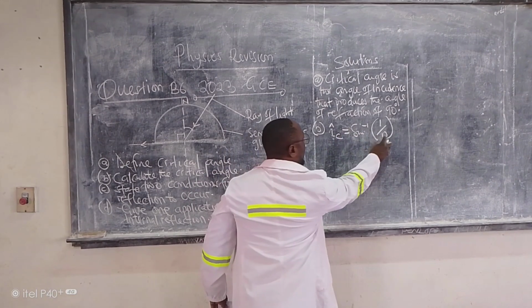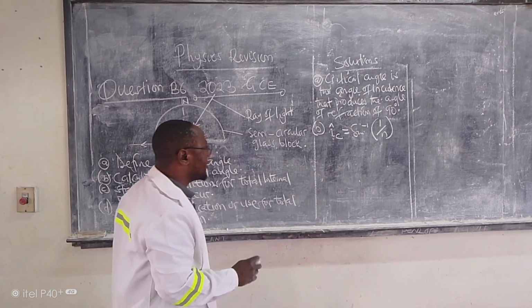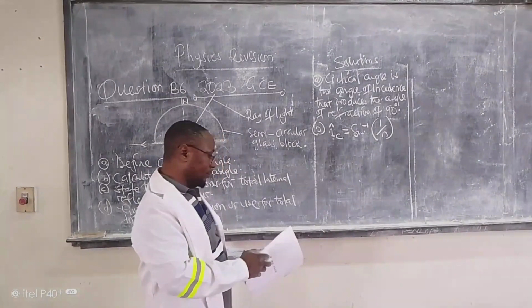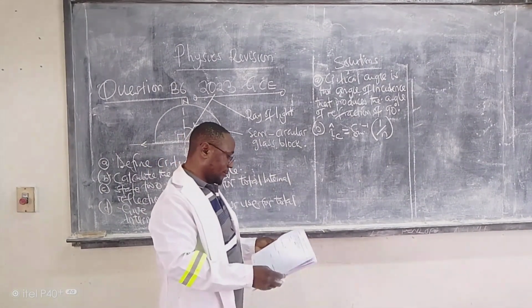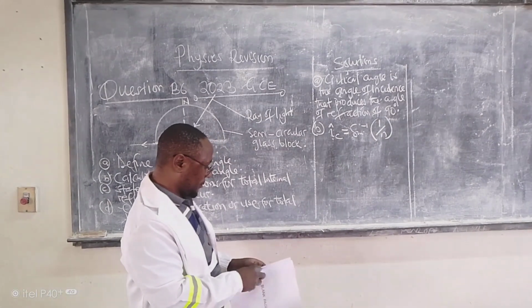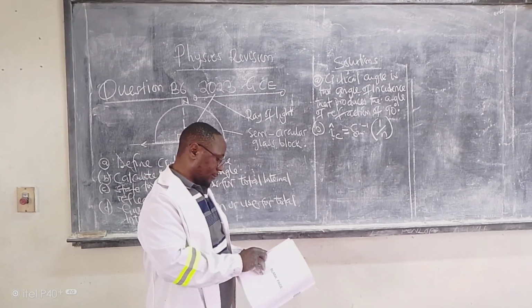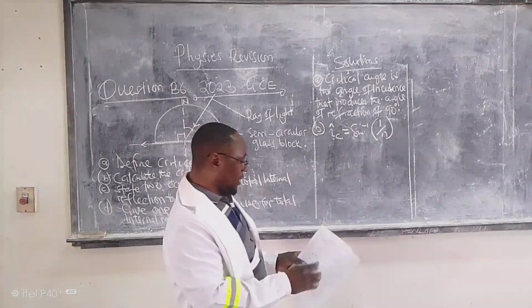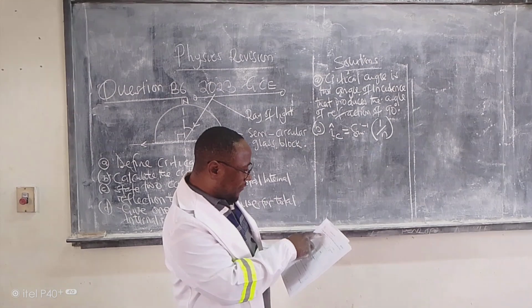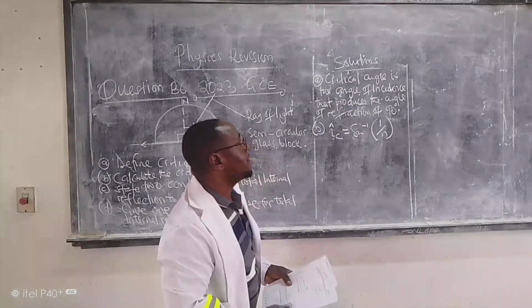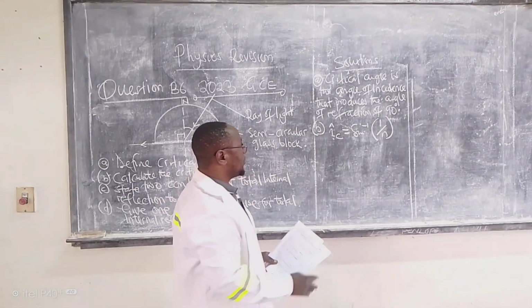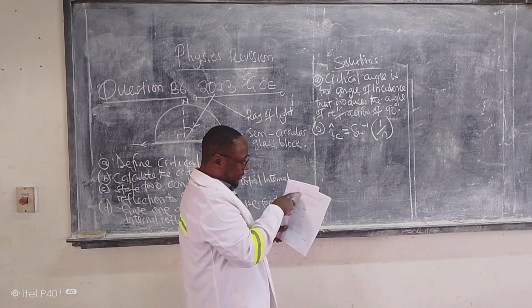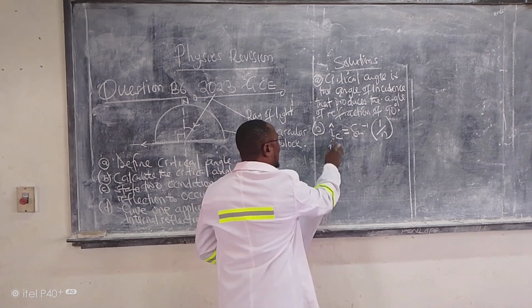According to the question, the refractive index of glass is 1.52, so here we put 1.52. So the critical angle is equal to